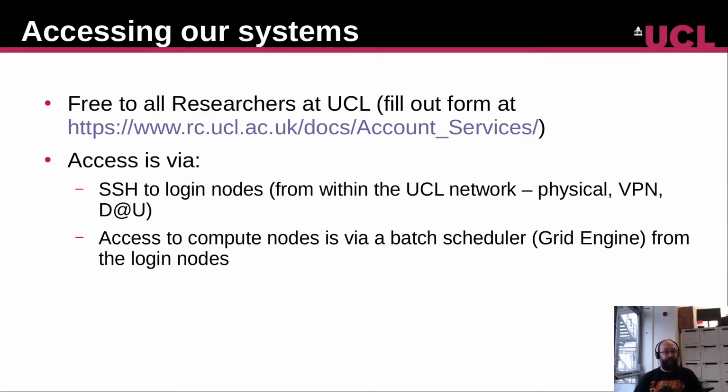So first of all, how do you get access to our HPC systems? Well, our systems are free to all researchers at UCL. This is because we are funded from the central pot of money that's created when your grants are top sliced. And if you're at UCL, you can apply for an account by going to this URL here. If you go to our website where our documentation is held,